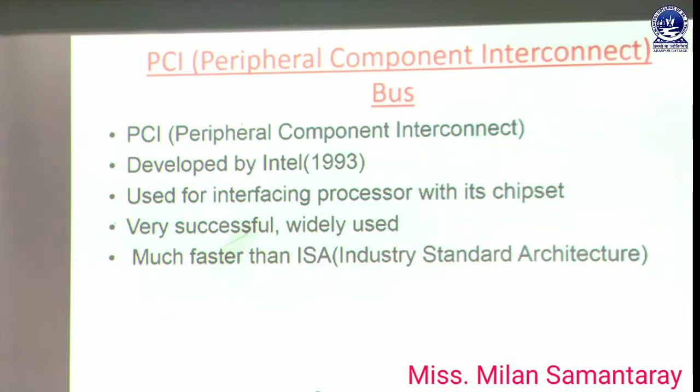That means in the processor there are multiple chips present, and it also performs some extra work, and to give the interface to perform data transfer between the chips present in that processor, we use the PCI bus, and it is widely used for giving the interface, and also it is very